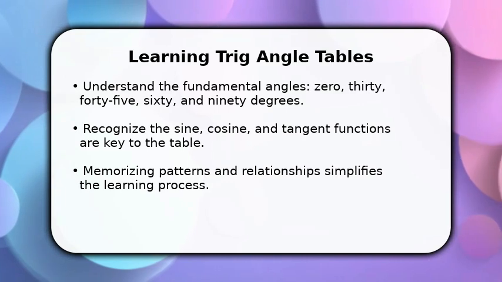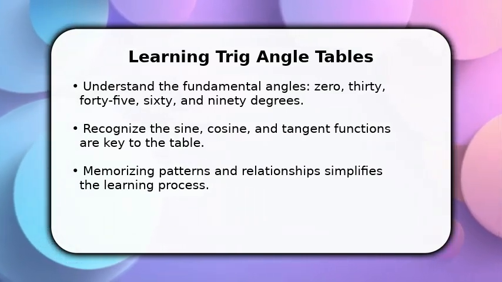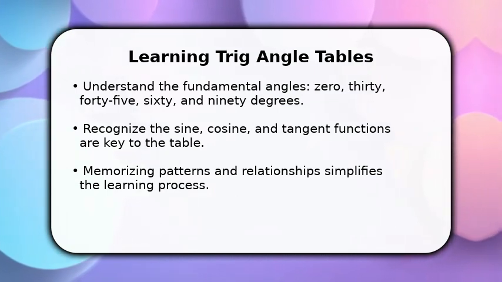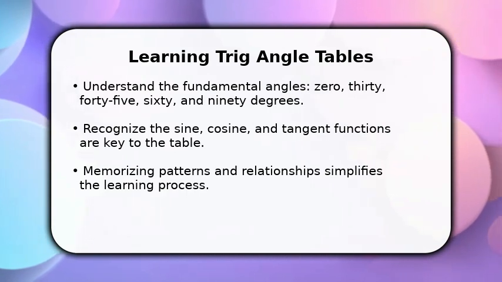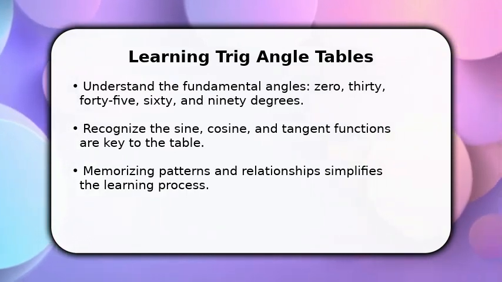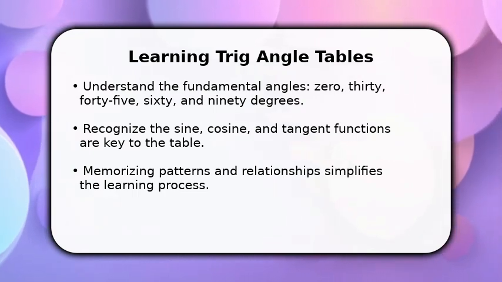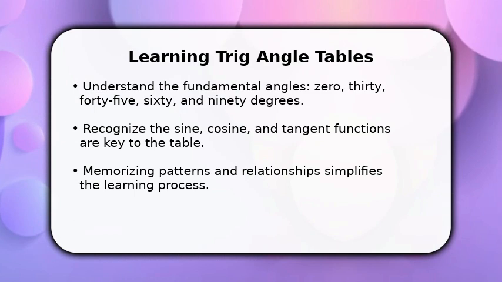In this video, I will explain how to learn trigonometry angle tables. We'll start by focusing on the core angles, 0, 30, 45, 60, and 90 degrees. These 5 angles form the foundation of the entire table. Understanding the sine, cosine, and tangent values for these specific angles is crucial. We'll explore simple patterns and relationships that make memorization much easier, helping you quickly recall these essential trigonometric values for